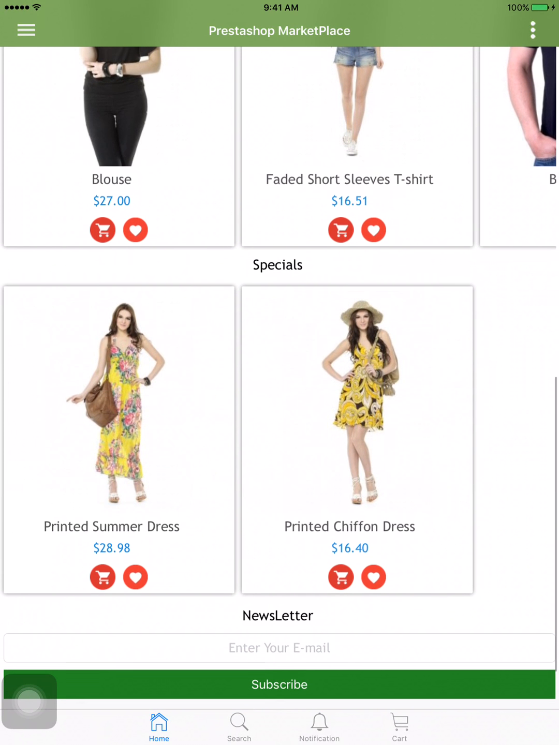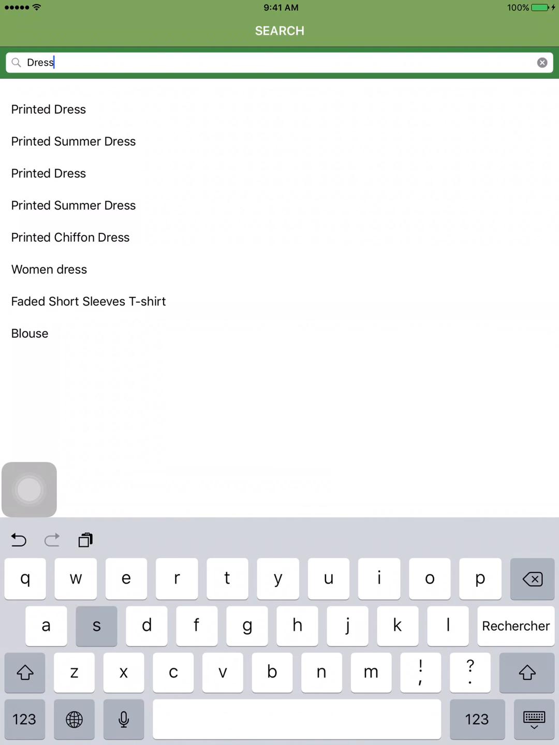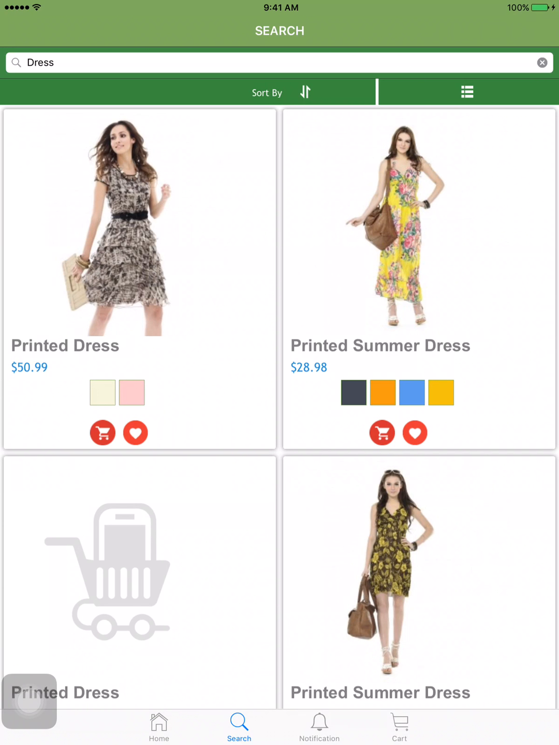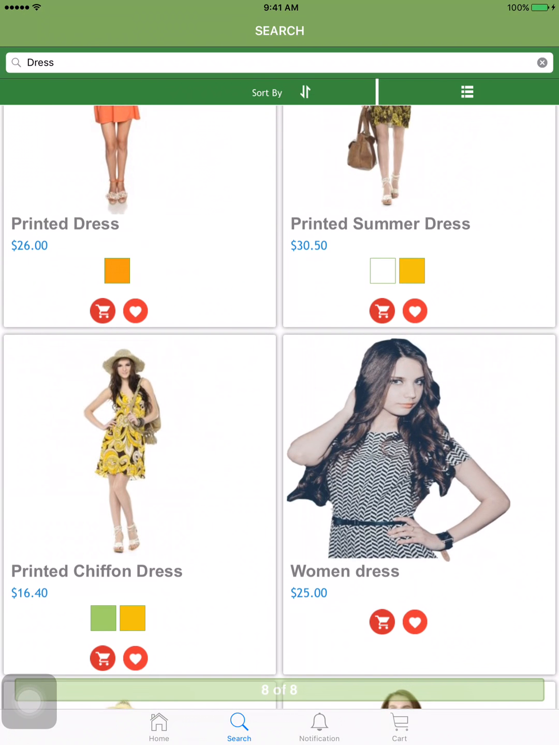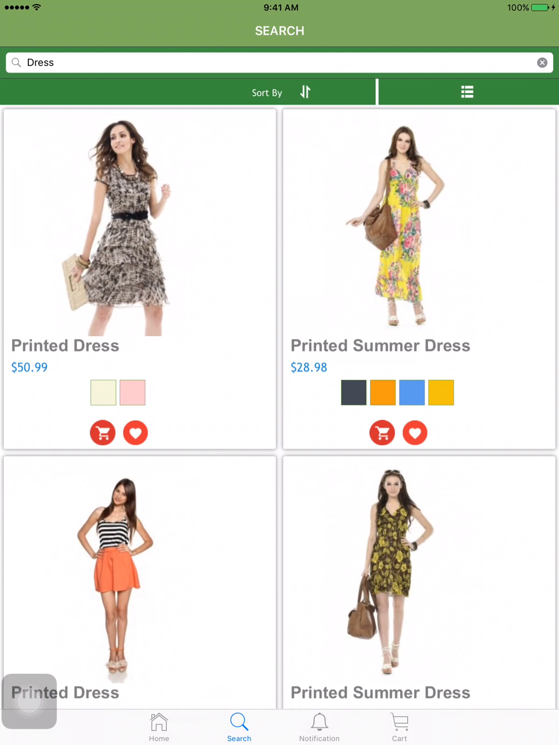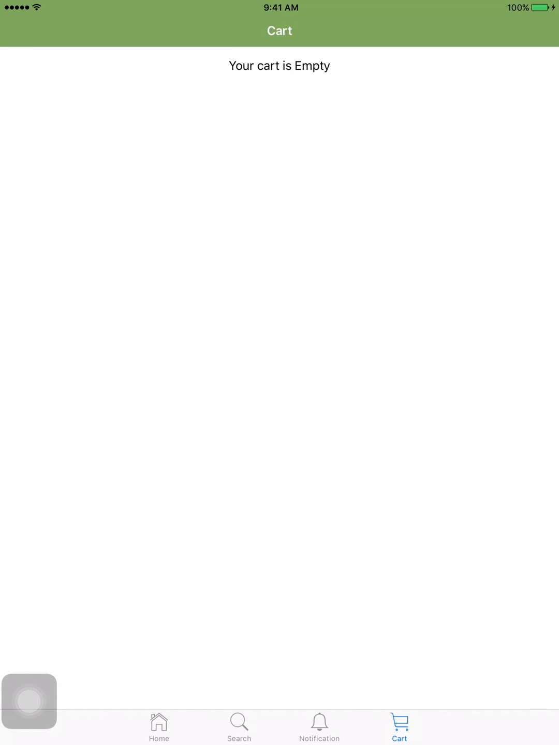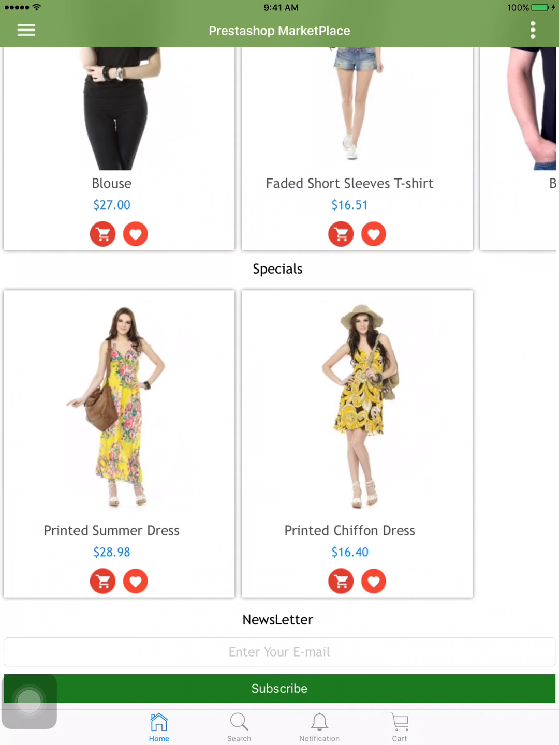So the home button is for home. After that there is an option for search. Here the customer can search for any product or any keyword by entering a keyword, and then they'll be able to see all the products containing that keyword. Then there is an option for notification. The customer will be able to see all the notifications here. After that there is an option for cart, where the customer will be able to see